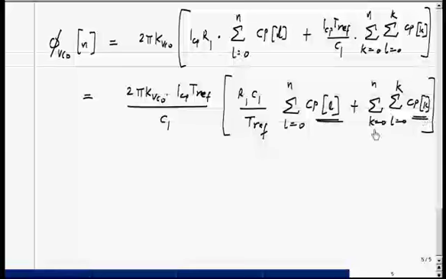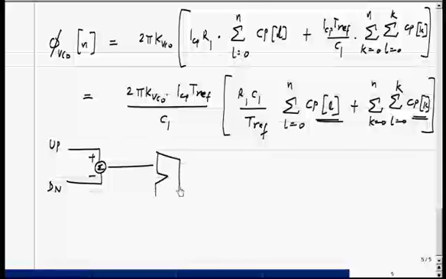So if I write this in the block diagram form, Cp is up minus down, and the summation can be realized using an accumulator,